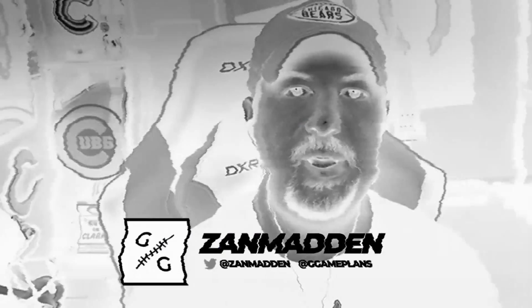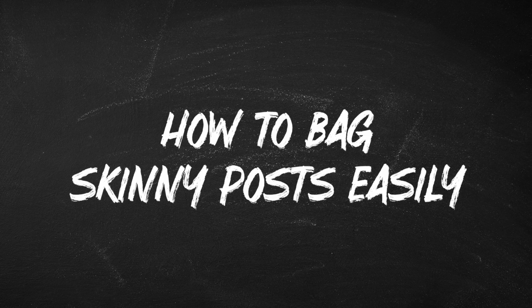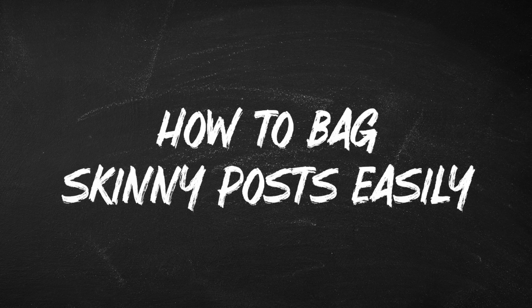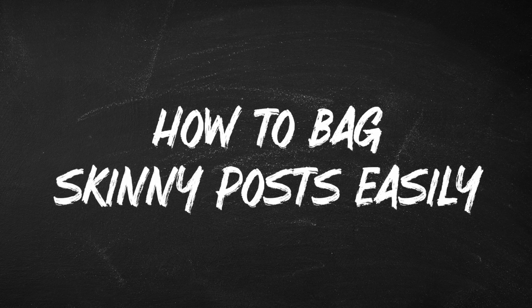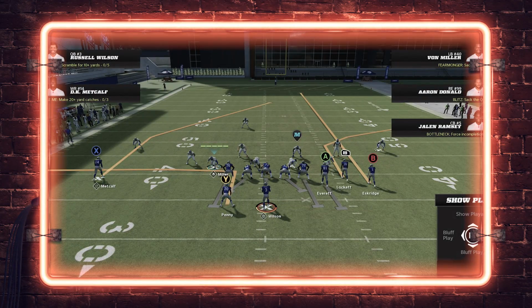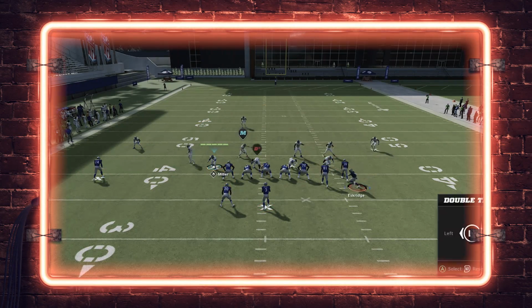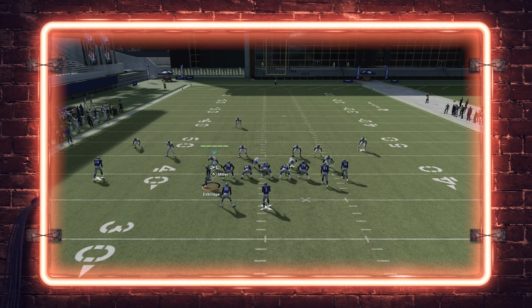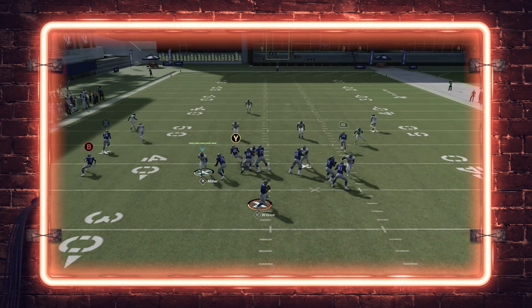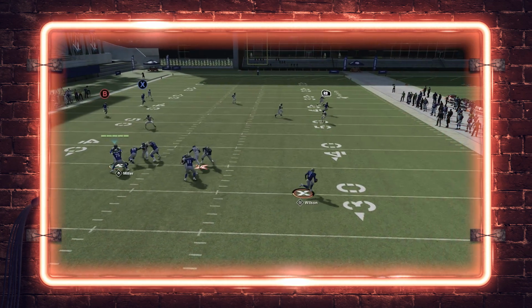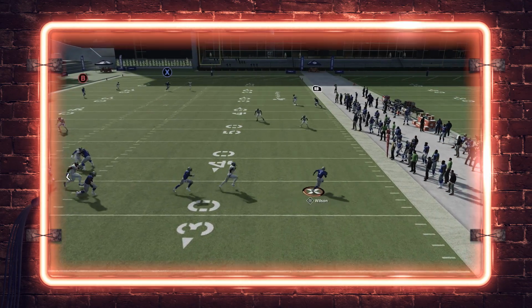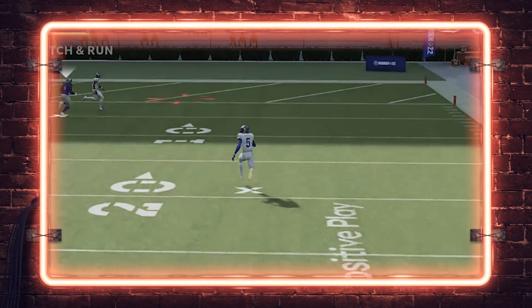In today's video, we're going to show you guys how to shut down that outside receiver skinny post. This is from basically any meta that you notice your opponent is using a skinny post, whether that be a stock skinny or a hot route master skinny post. Now, what this is going to shut down mostly is going to be the bunch and the trips tight end skinny posts. If you guys are looking for a way to shut down the PA boot over skinny post, I